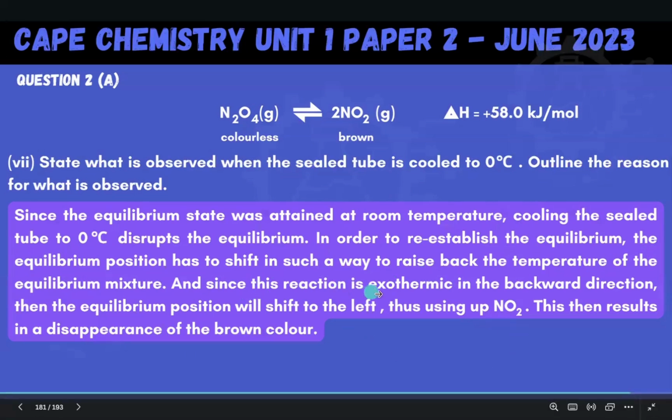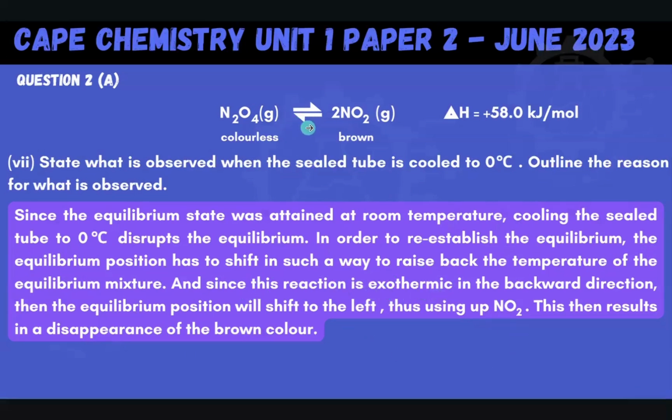And so since this reaction is exothermic in the backward direction, the forward direction is endothermic. We are told that here. So we know that the backward is exothermic. So since it's exothermic in the backward direction, the equilibrium will shift to the left, thus using up NO2. Why will it shift to the left? It will shift to the left because that is exothermic in that direction, and we need to go in a direction that will allow us to raise back the temperature of the equilibrium mixture. We know that exothermic processes give off heat, and so that will enable us to raise back the temperature and